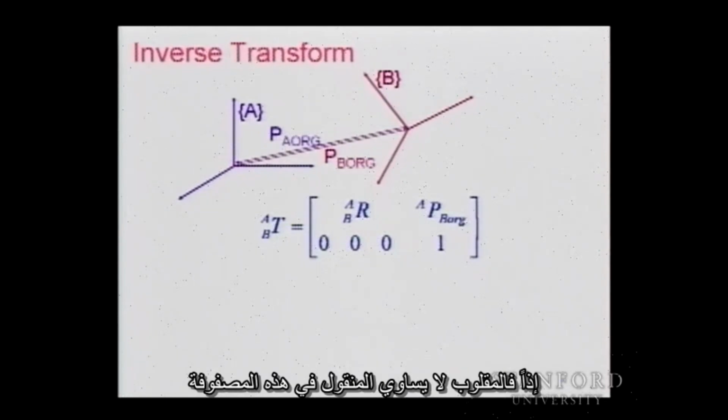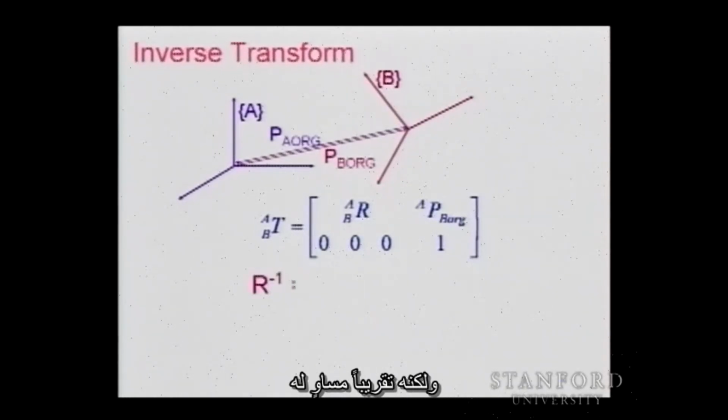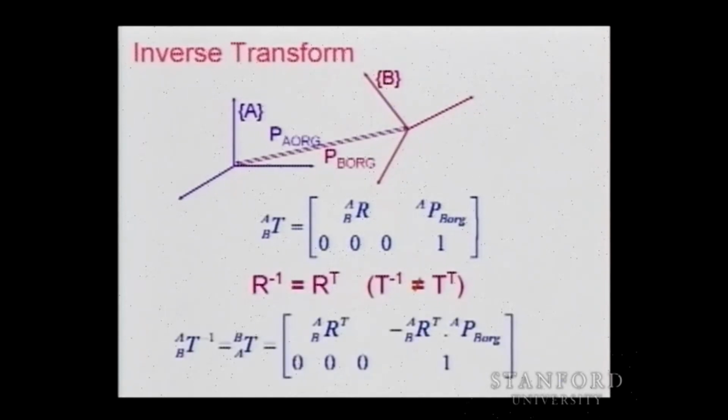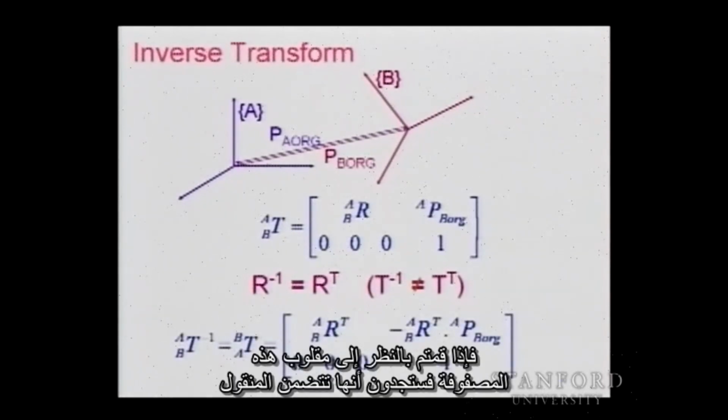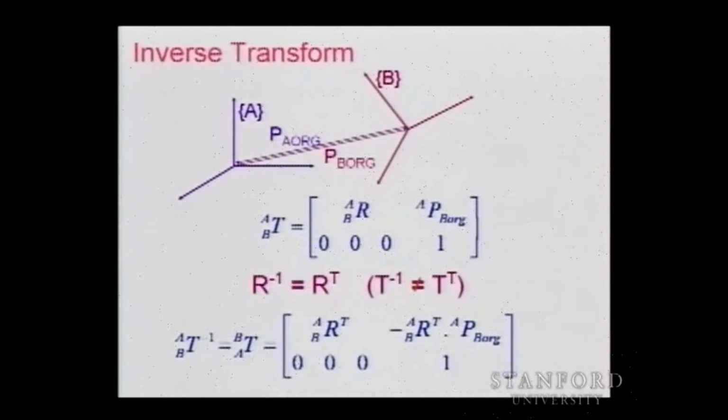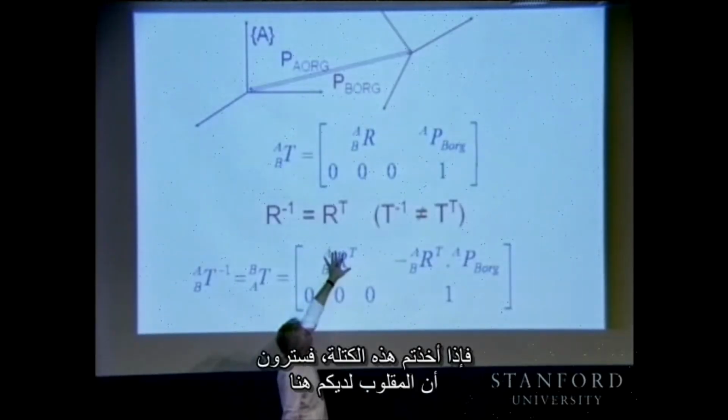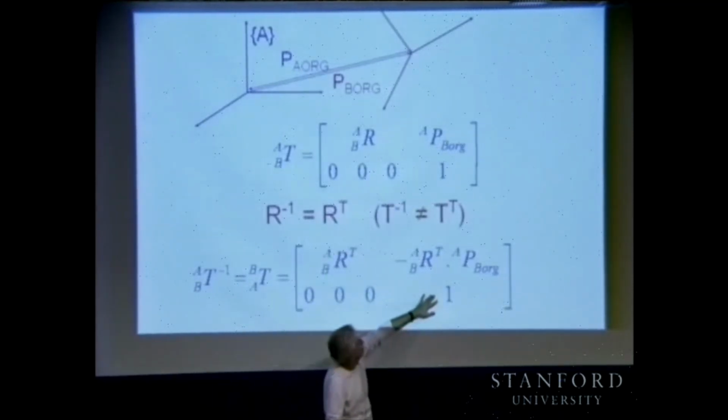So the inverse is not exactly the transpose of this matrix, but it is almost, because if you look at the inverse of this matrix, by blocks, you will see that you have the transpose here. This is the same